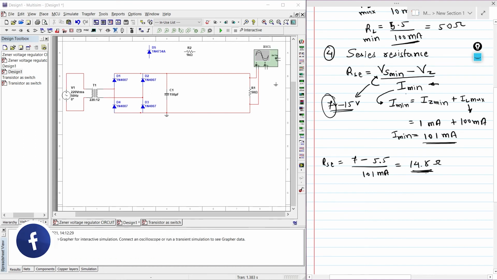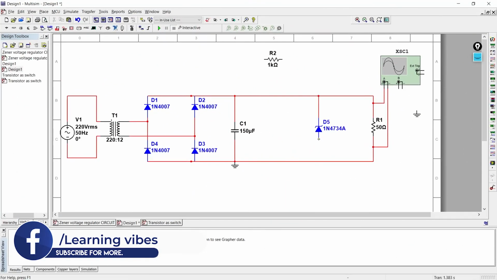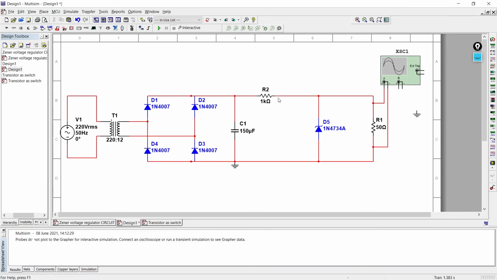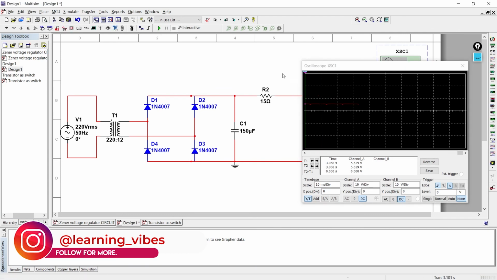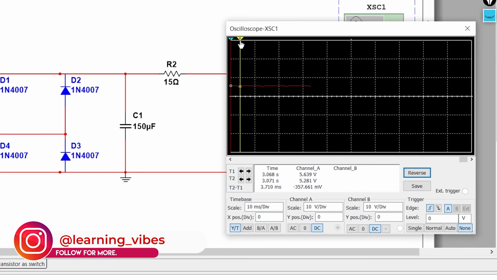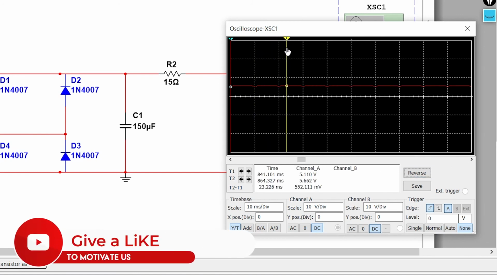So now let's jump to the simulation. You can observe the output, right? The output is constant 5.6 volt.